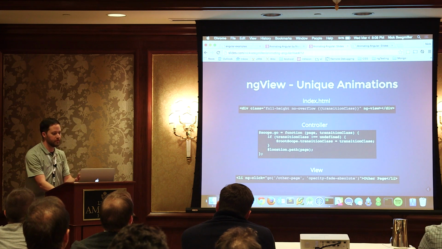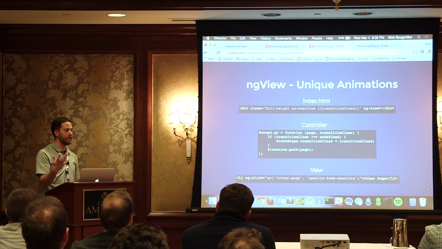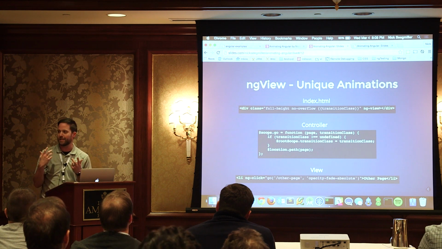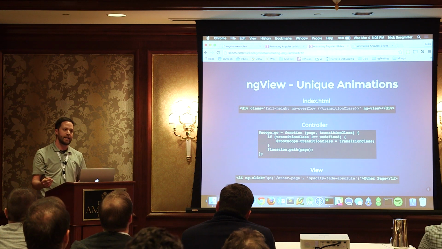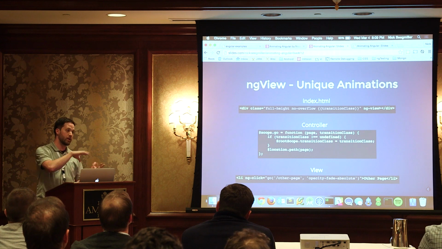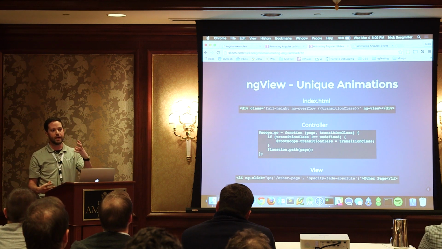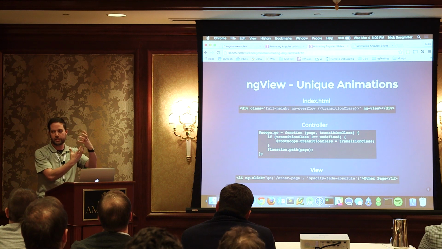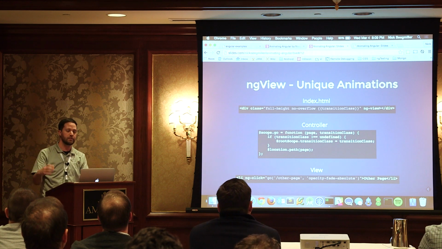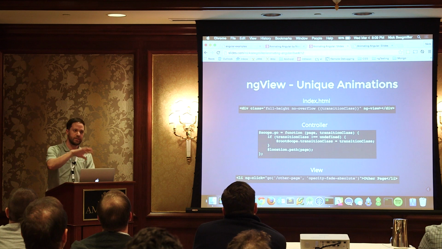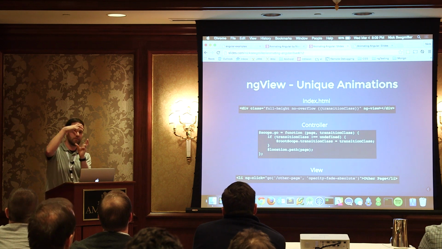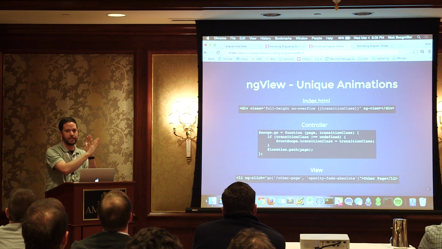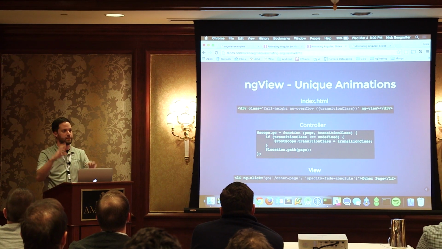Now, one thing I really like to do with ng-view is, it's quite common as you transition through your routes, you don't necessarily always want the exact same animation to play. And this was particularly true on the app that I was building, our mobile app. We were responsive, adaptive: you'd go small and you'd get more of a mobile-looking experience compared to a large desktop experience. We actually wanted different transitions to play when you were in that mobile view. So it was more of a modal sliding up, the pages sliding over,